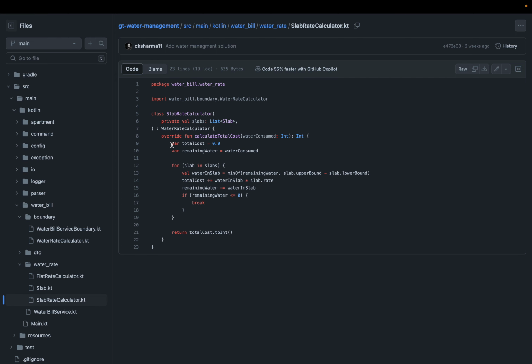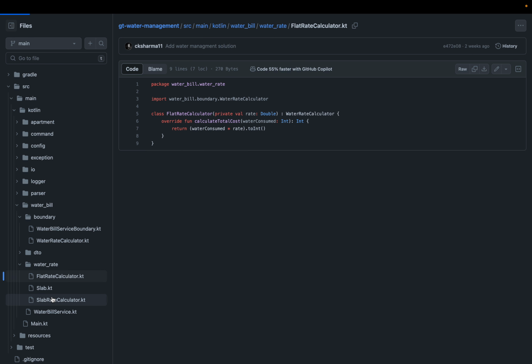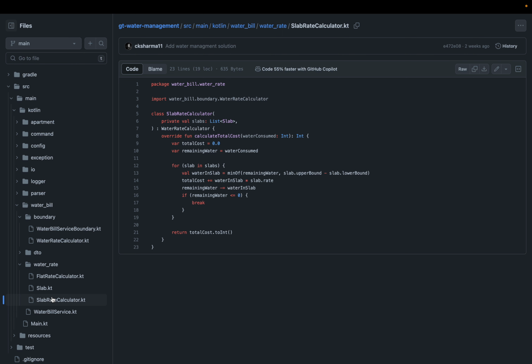In slab rate calculator, there's an implementation of how we calculate slab. You don't need to worry about what the implementation is doing, but you need to worry about the idea that we are following. Tomorrow, if you want to create a custom sort of rate, it becomes very easy, because you can add another type of water rate calculator which will calculate your custom thing. So it becomes very easy to add different sorts of rate. For now, we have two: flat rate and slab rate. But even if you want to do other calculations, it need not be changed in the actual water bill